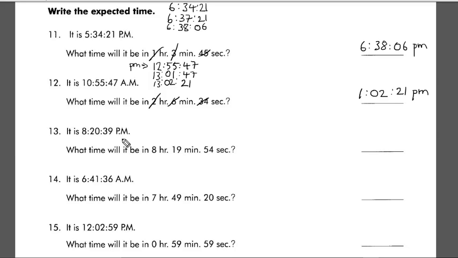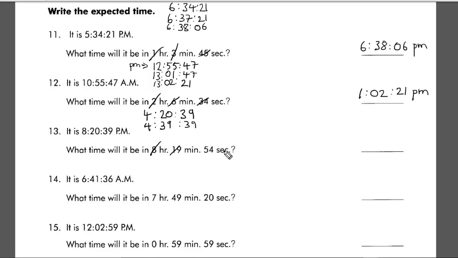Or 12. Then 1, 2, 3, 4. That takes me to 4 in the morning. All right, so that's 4:20:39, having added my 8 hours. Now I want to add the 19 minutes, so 20 add 19. So that's going to stay the same because this is going to be below 60, so that's 39 minutes and 39